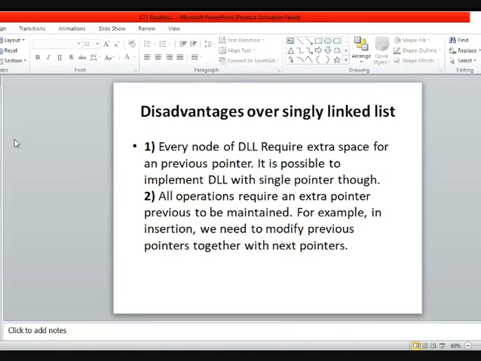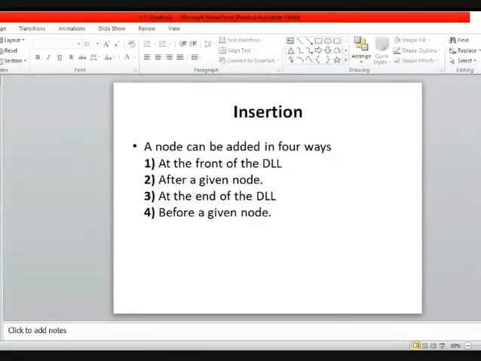Okay, so the data structure of doubly linked list is clear to you, and the node structure also, the example we discussed. And here we will be performing some operations similar to singly linked list on doubly linked list too. So here you can see the insertion operation.